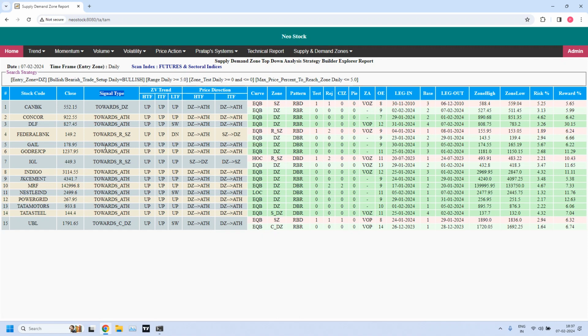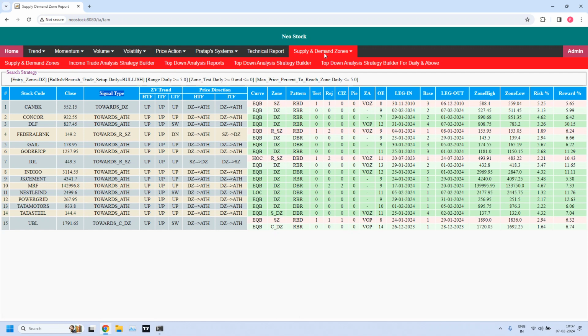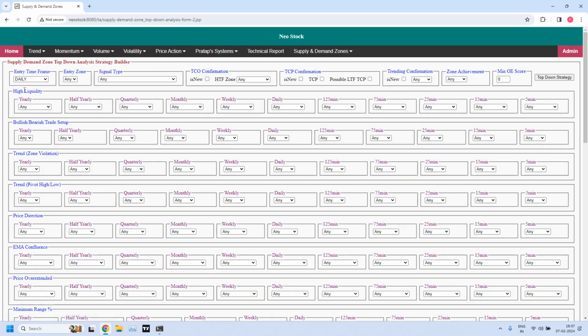Okay, this is about monthly income trade, bullish trade setup. Now let us generate monthly income trade, bearish trade setup. In monthly income trade, lower time frame is daily. So we are selecting daily. And in monthly income trade, bearish trade setup,